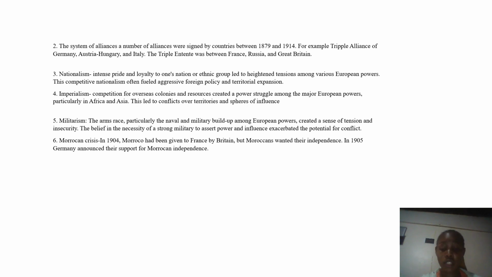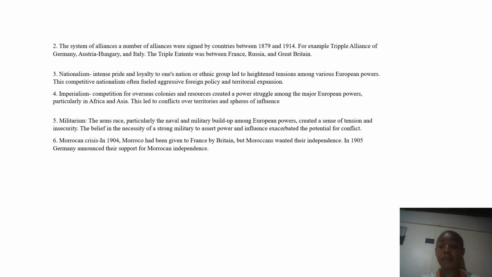Then the third one was nationalism. It's the intense pride and loyalties to one nation, which heightened tension among various European powers. Then imperialism, the competition for the overseas colonies, particularly in Africa and Asia. This led to conflicts over territories and also the sphere of influence. The fifth one was militarism. The arms race, particularly the naval and the military build-up among the European powers, created a sense of tension and